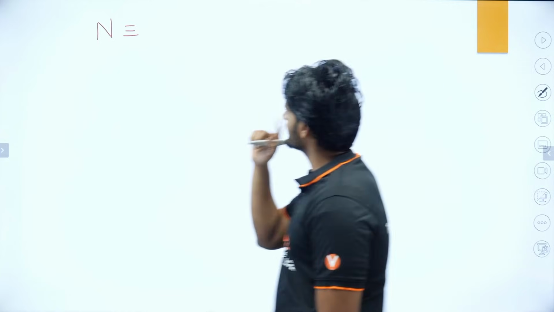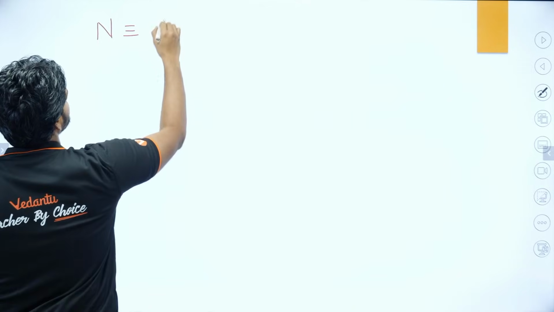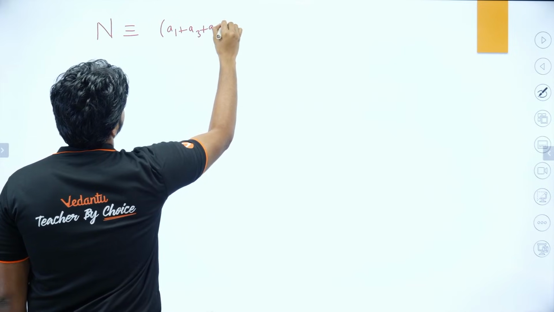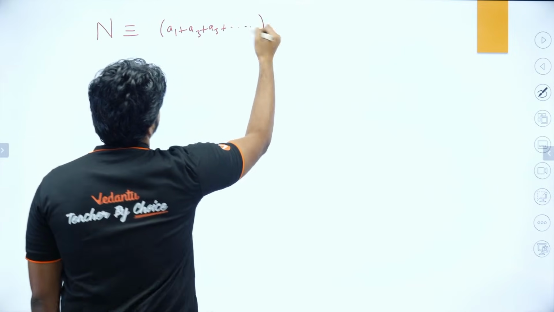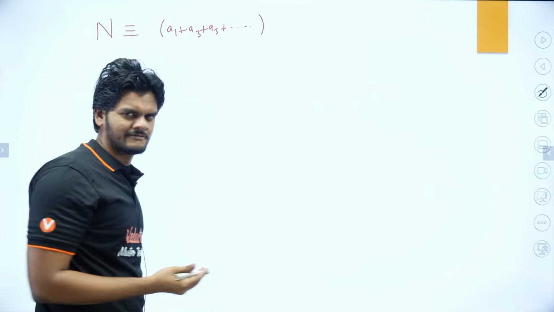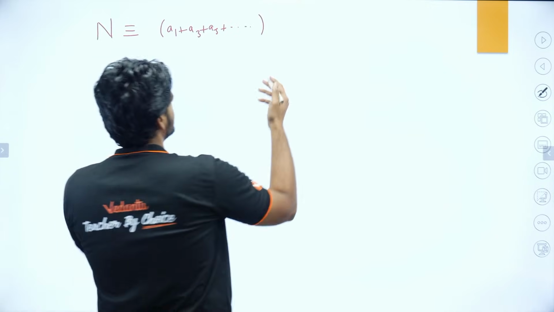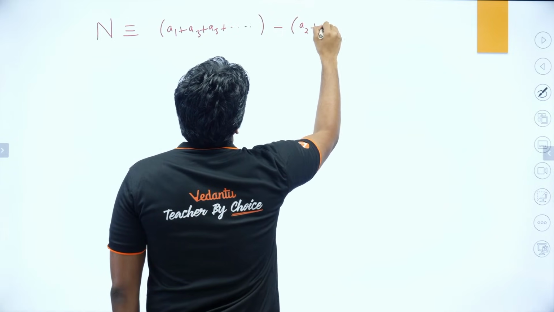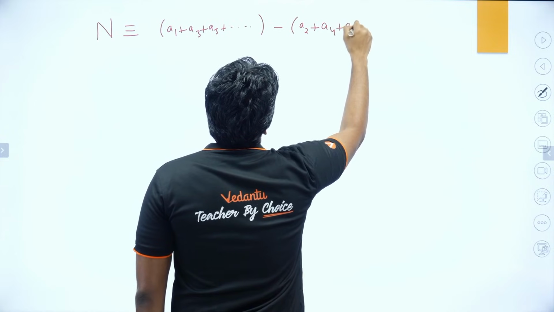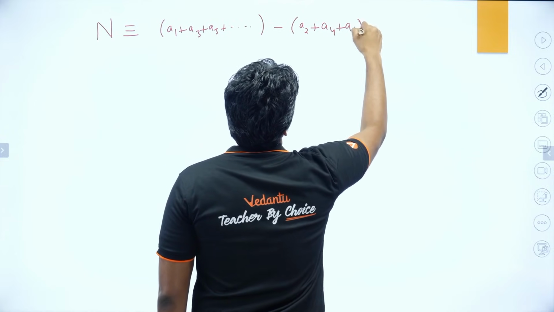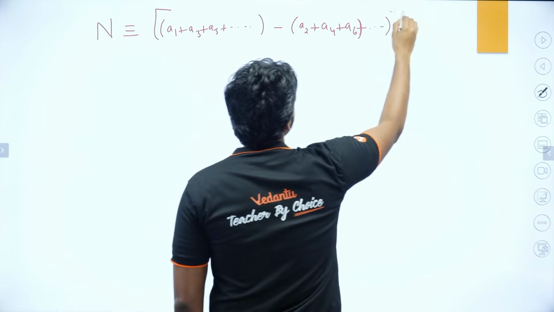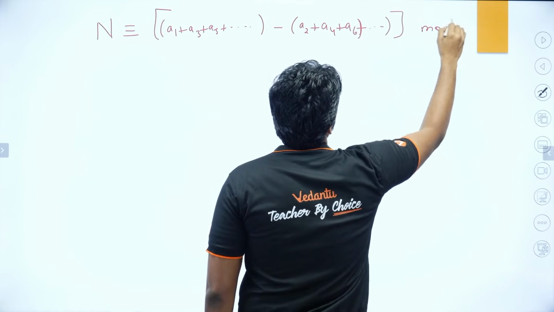So I will in general write this as a1 plus a3 plus a5 plus dot dot dot, I won't write the final term because we know it is a finite number of terms, minus a2 plus a4 plus a6 plus dot dot dot. Now all this is happening under mod 11,